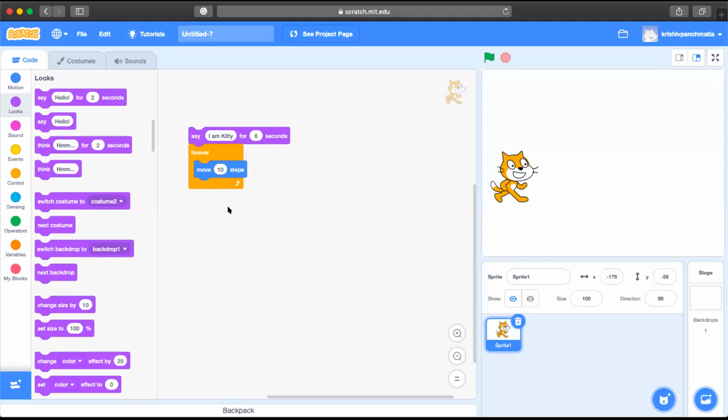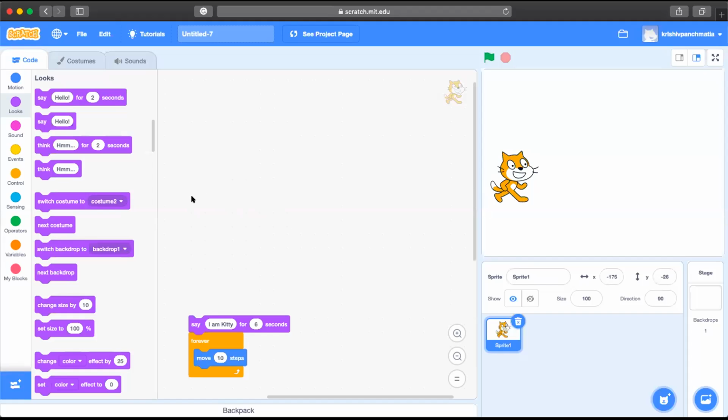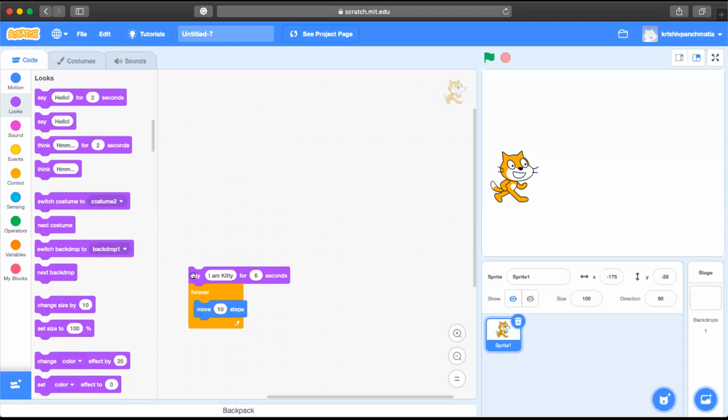Okay, very good, Arav. Now, you have to add one more block, because after move 10 steps, we have to go to motion and add one more block, which says if on edge, bounce. Go to the motion block. Go to motions over here.